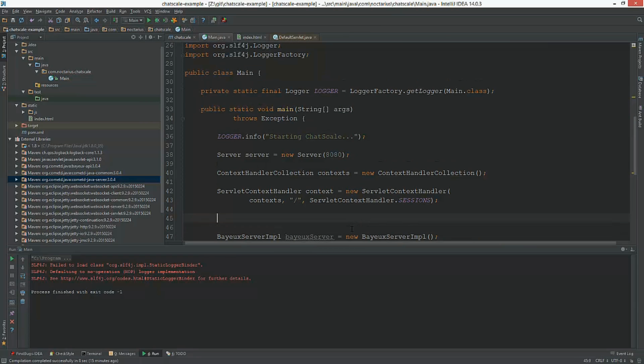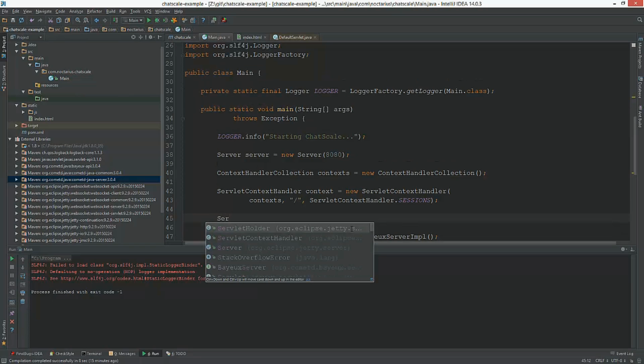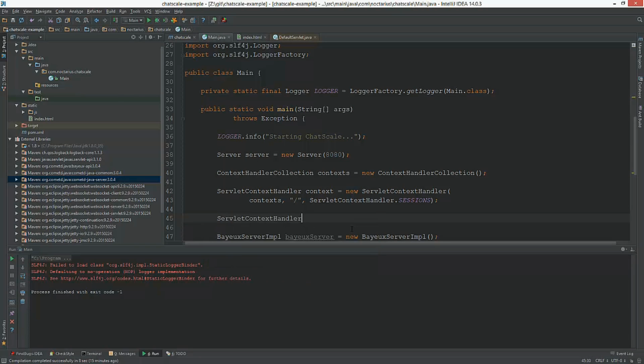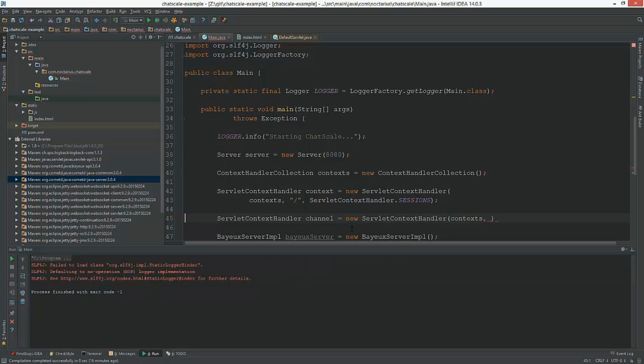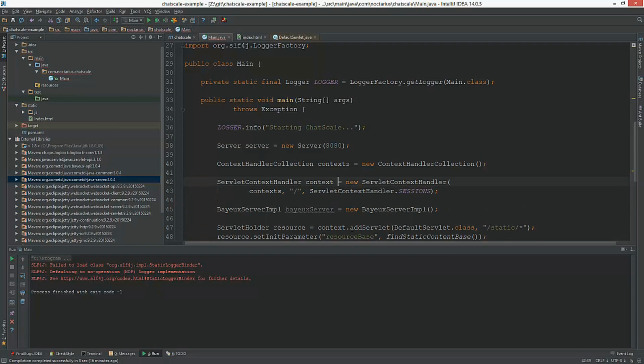But what we need is another servlet context handler, which we call chat. No, let's call it channel. I want to call the URL channel. This also connects contexts. Oh, we already have that. Just called it context. Well, let's go with that one.